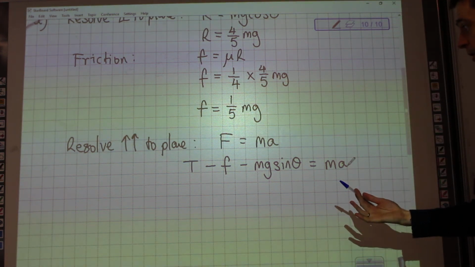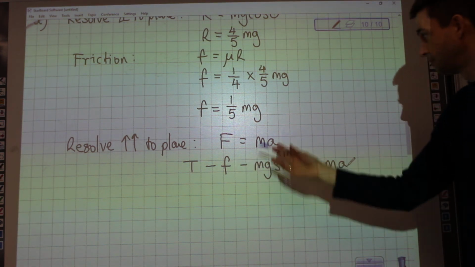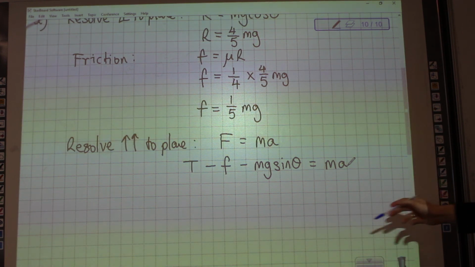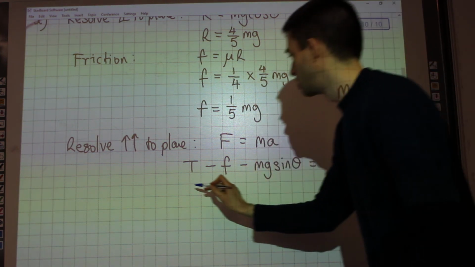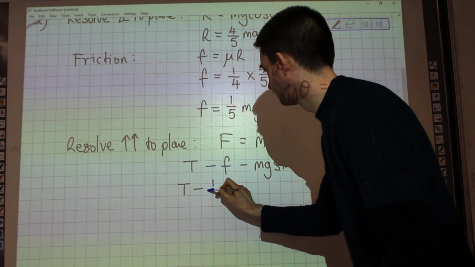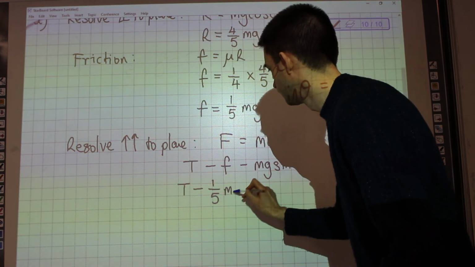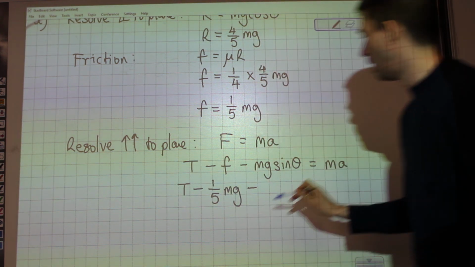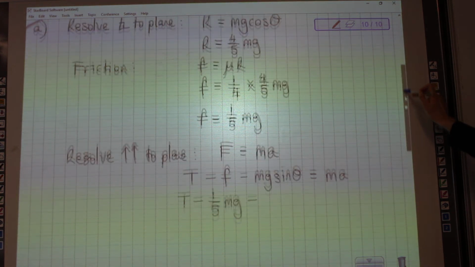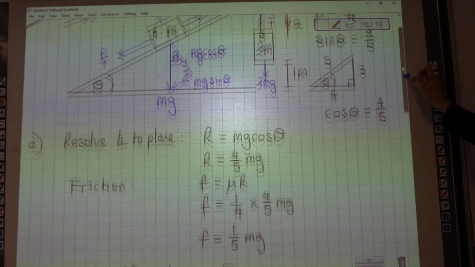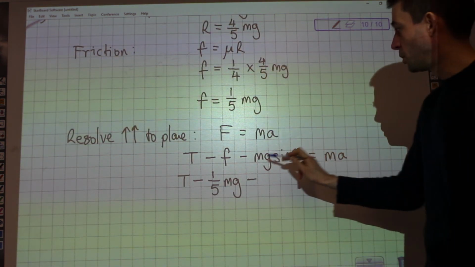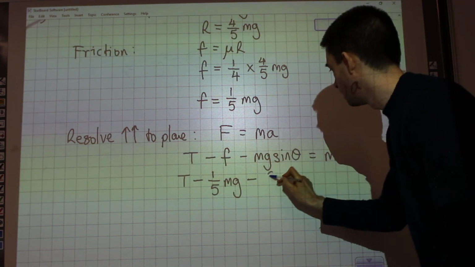Now I know quite a lot of this as values in terms of m and g, so I can put that into it now. I know that friction is 1/5 mg, so I'm going to put that in. I also know that sine theta is 3/5 because I was told it in the question, so I'm not going to write mg sine theta, I'm going to write 3